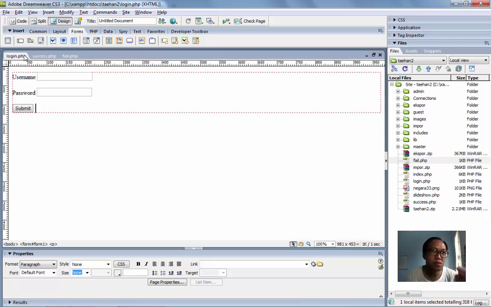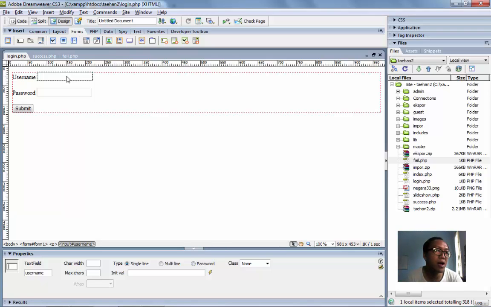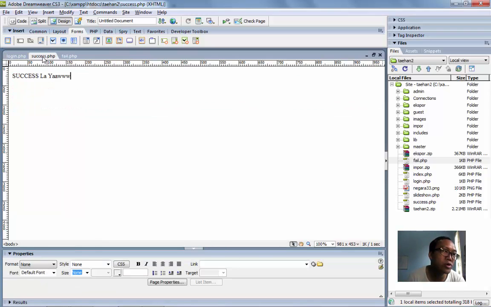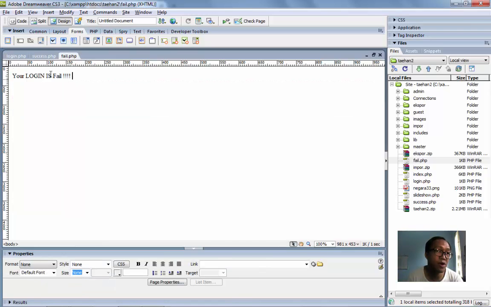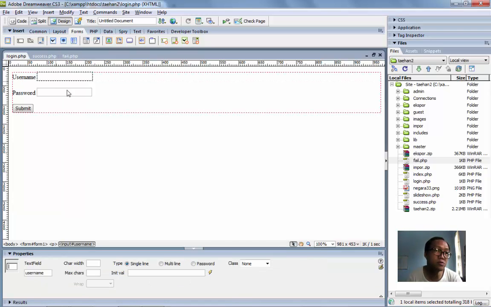So I want to log in, and if I succeed in logging in, I will go to this page, and if I fail the login, I go to this page.